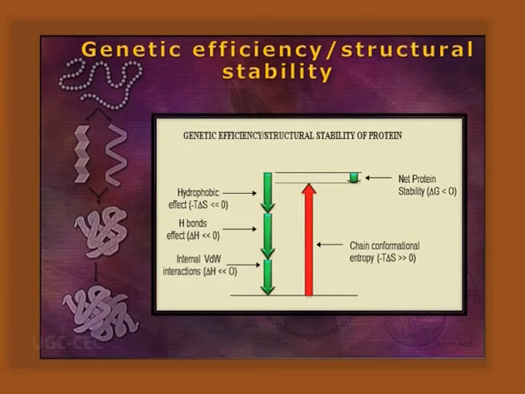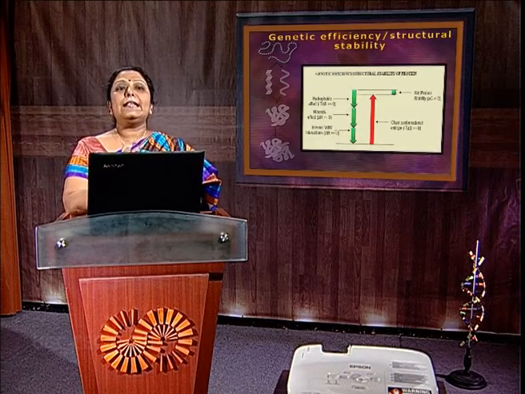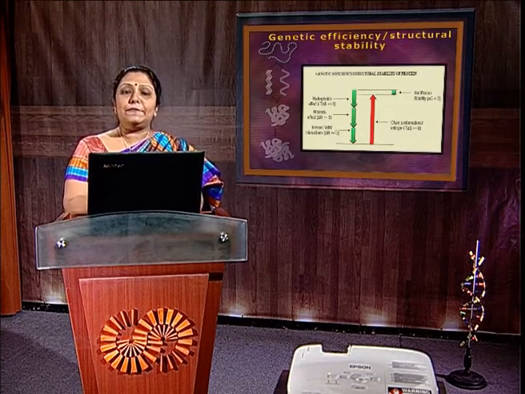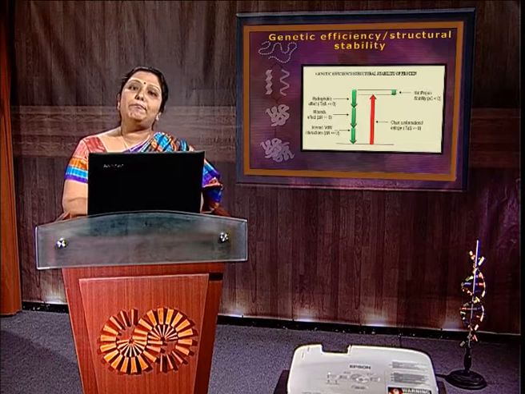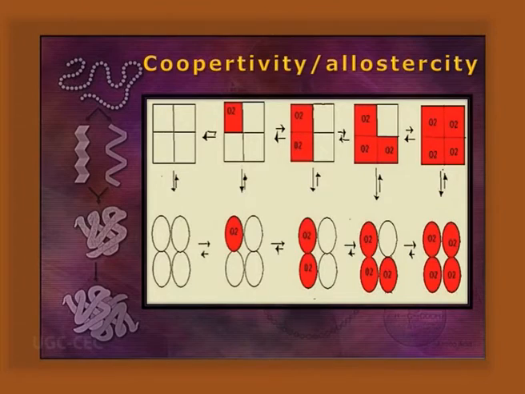Now, reasons for the quaternary structure. This quaternary structure can be made for energetic efficiency, genetic efficiency, accuracy, etc., or structural stability as well. If anything is disturbed or defective, that can be repaired or replaced by the block. Cooperativity and allostericity can also be monitored or described by this quaternary structure, and coordinated regulation as well.